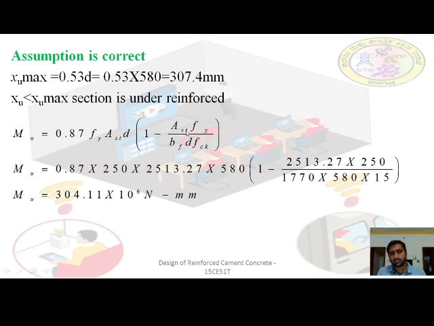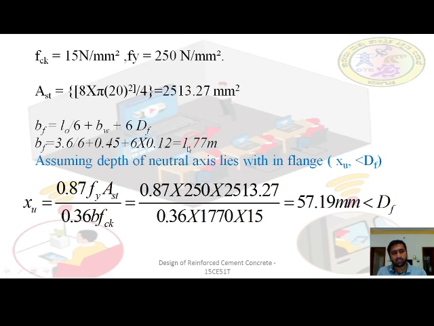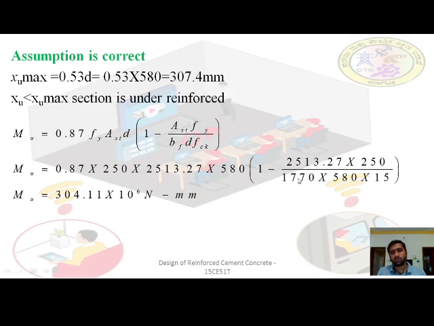1 minus, once again AST we are going to substitute. Fy is 250. BF is nothing but the B or BF which was calculated. It is in meter, so we have to convert it to millimeter and substitute. Meter to millimeter conversion is multiplying by 1000. So D is 580 mm. FCK is 15. So if you solve this equation, we are going to get the moment of resistance as